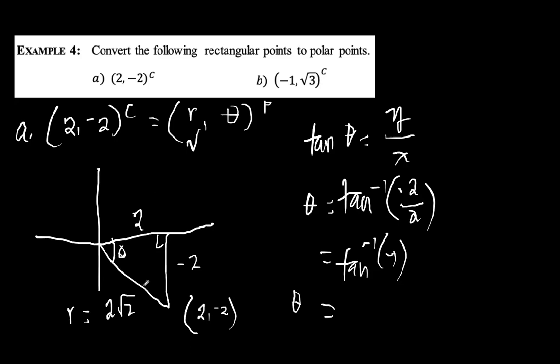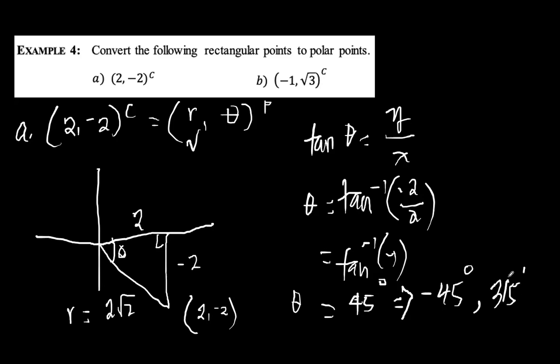So both acute angles are 45 degrees, okay? Or this could be expressed as negative 45 degrees. 45 degrees is just a reference angle. And what's that? 45, 360,